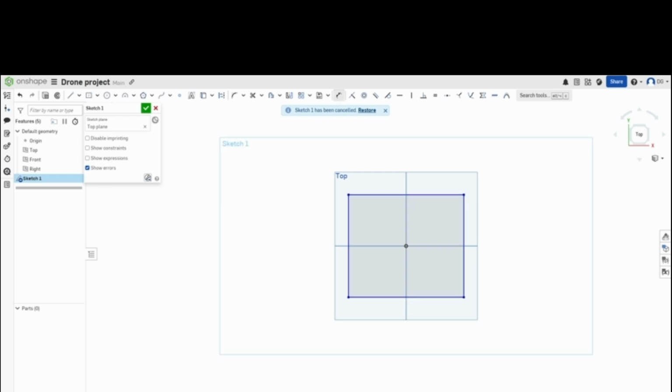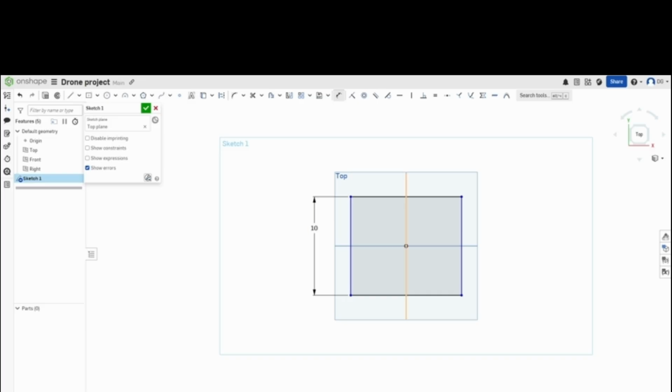And then for dimensions, one of the more important parts is D for dimensions. Just press D on your keyboard, and then you can just input your sizings. For angles, just click two connected ones. See, well,